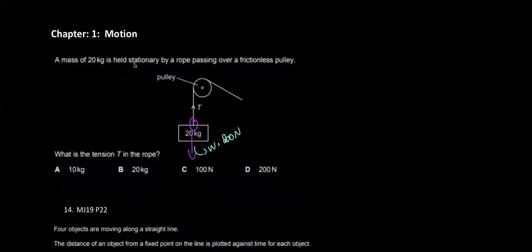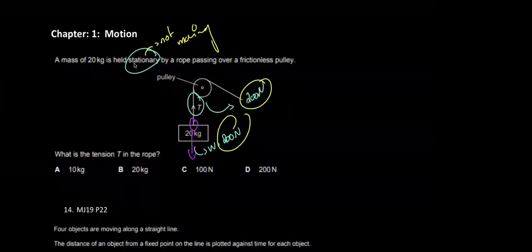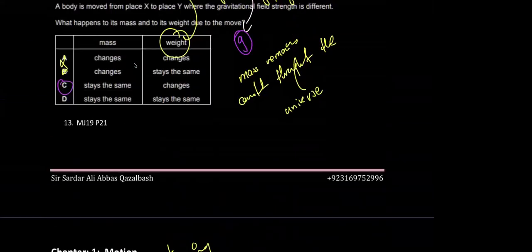Now, if something is pulling it down, for it to stay in its place, in equilibrium, I need a 200 N force upwards as well, right? Am I correct? So what is going to be the tension T in the rope? It's going to be 200 Newton as well. It's going to cancel it out because it says that it is held stationary, not moving. If it's not moving, that means that it's going to cancel out. Is that clear? So the answer is D.